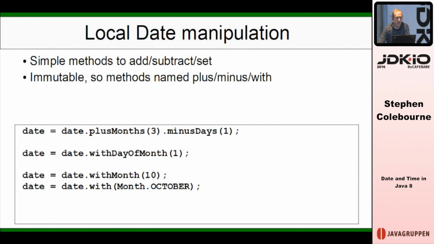So if you're on the 1st of January and you add 3 months, you'll go to the 1st of April. Exactly. If you're on the 31st of January and you add 1 month, then there is no 31st of February, so it will go to the last valid day of February. Okay, and that's the standard definition you'll see in most date and time